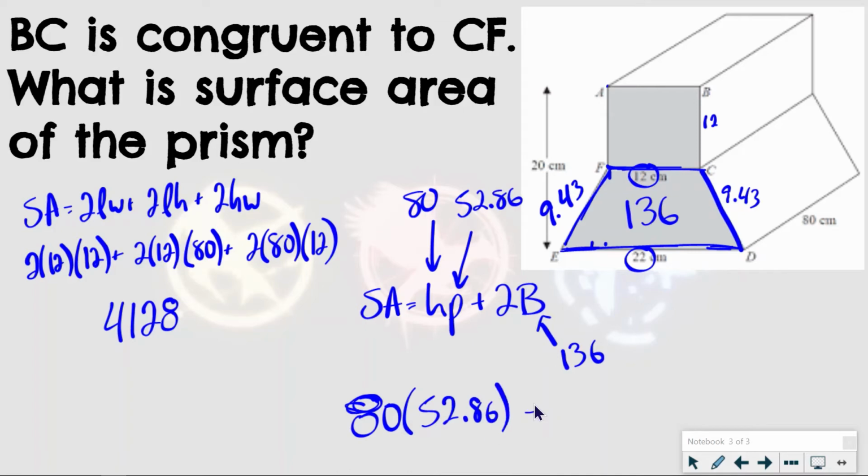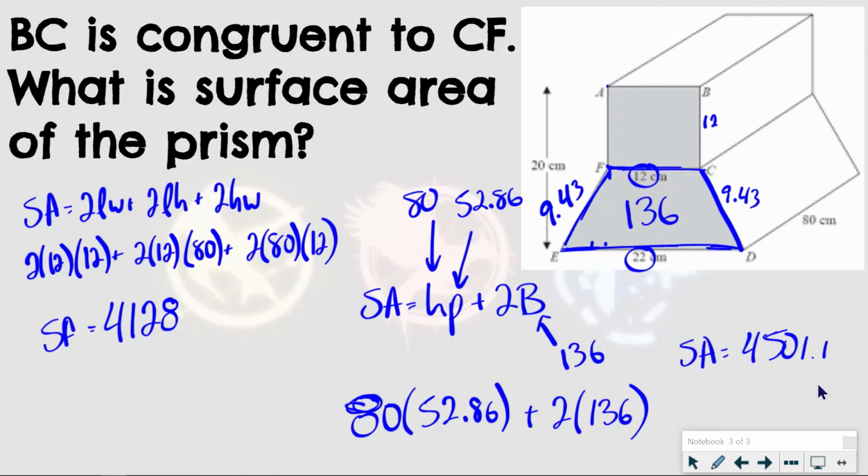52.86 plus 2 of those bases. So when you multiply those out and add them together, you find that the surface area of the trapezoidal prism is 4,501.1. I'm just going to round that to the tenths place there. So I can add these two together and get that the total surface area is